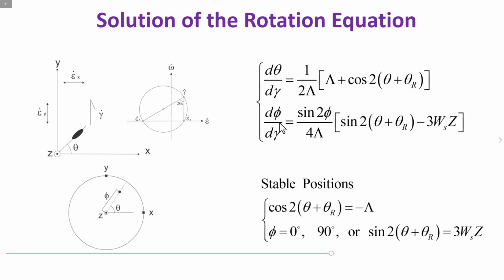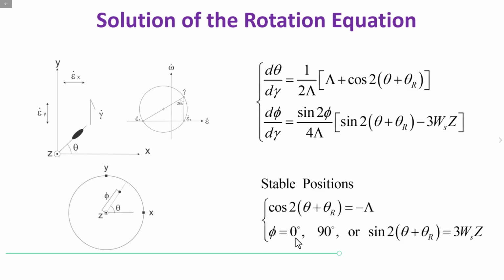Just by examining these two equations, we immediately see that the object can reach a stable position for theta if this term is 0. And it can also reach a position where phi doesn't change. If phi equals 0, this term becomes 0. Or phi equals 90 degrees, that is, if the object's distinct axis is parallel to the vorticity axis, the phi